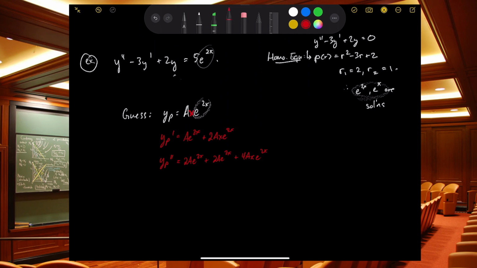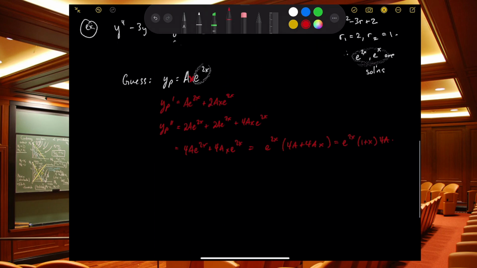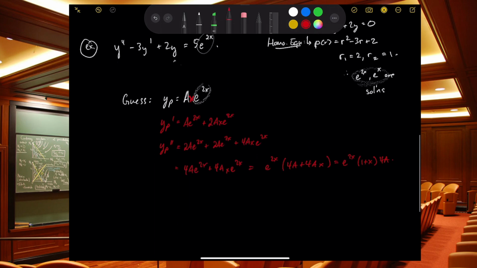Right. So then we're left with just 4a e to the 2x plus 4ax e to the 2x, which if we pull out the e to the 2x, we're left with 4a plus 4ax. You can write it like this maybe. All right, so now when we go back and substitute in,